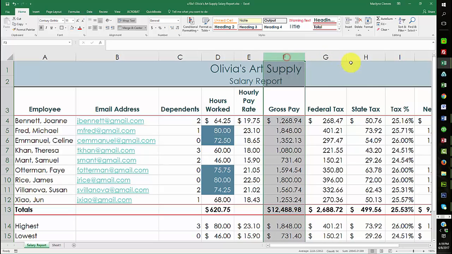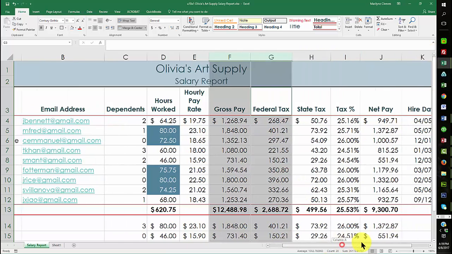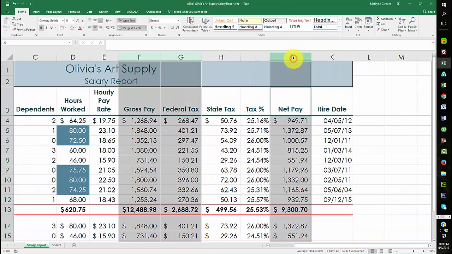So we're going F, G, holding down the control key, going to J and K, and then we're making it a specific width,